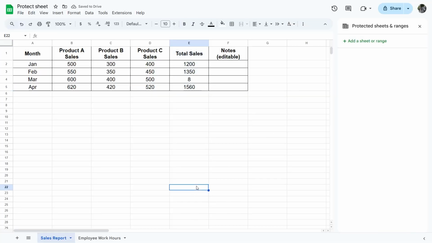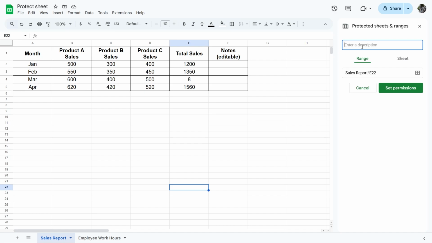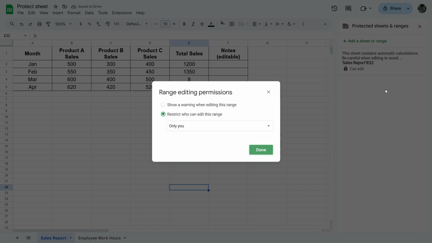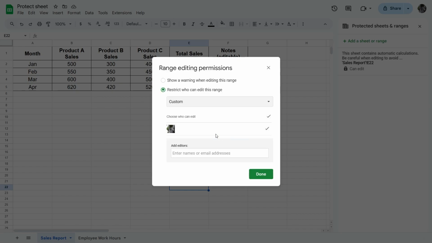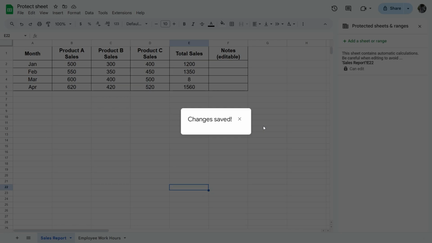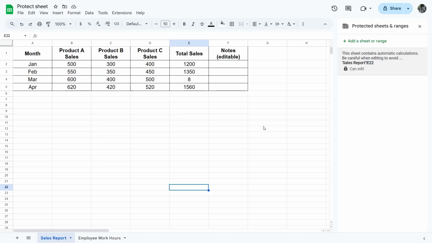Instead of just a warning, we can fully restrict editing so that changes are not allowed. We follow the same steps, but when setting up protection, we select Restrict who can edit this range. Here we have several options. Only you can edit. You and selected teammates can edit. To do this, choose Custom and add the people allowed to edit. Click Done to apply the settings. Now, anyone not included in the allowed list will not be able to